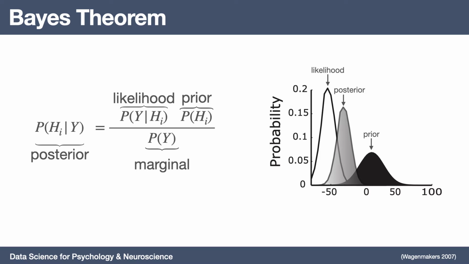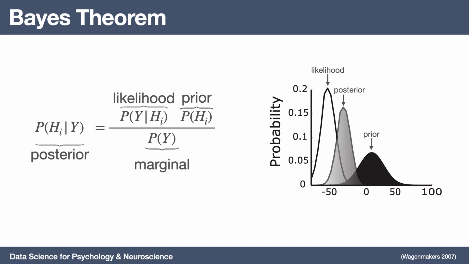Bayes' theorem allows for us to test, or at least work with, conditional probabilities. You can move back and forth between the posterior probability, the likelihood, and the prior. Now, remember, in the context of a p-value, the p-value is the probability of the data given that the null hypothesis is true. So it is a likelihood estimate. Ideally, what we want is a probability of the hypothesis itself given the data, the posterior. The fundamental logic of a Bayes factor is using Bayes' theorem to invert the conditional probability question from a likelihood